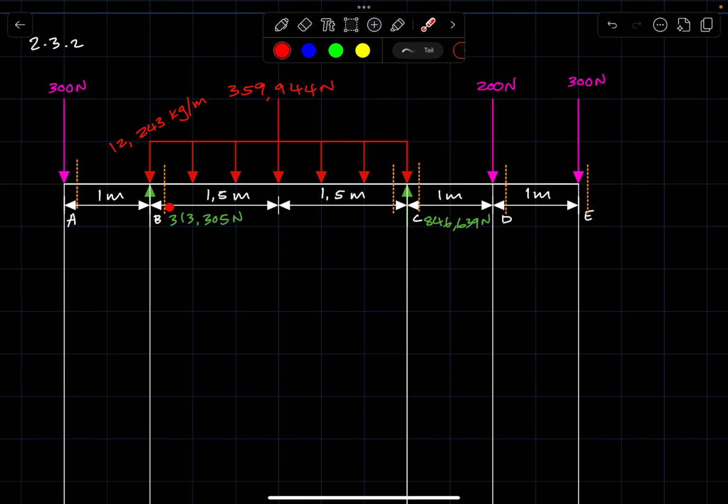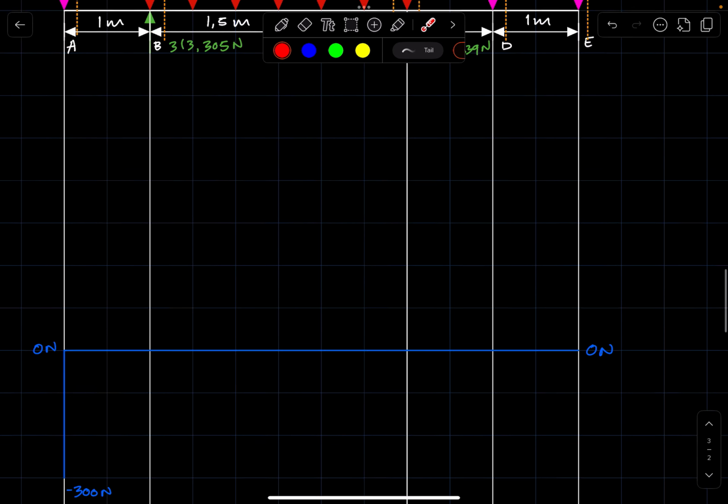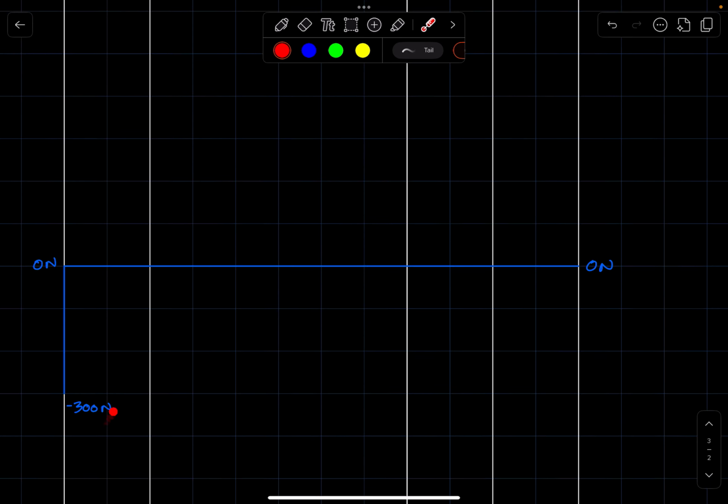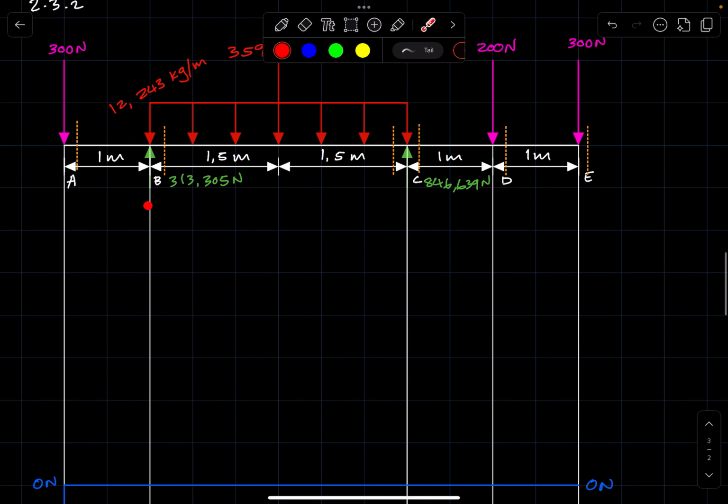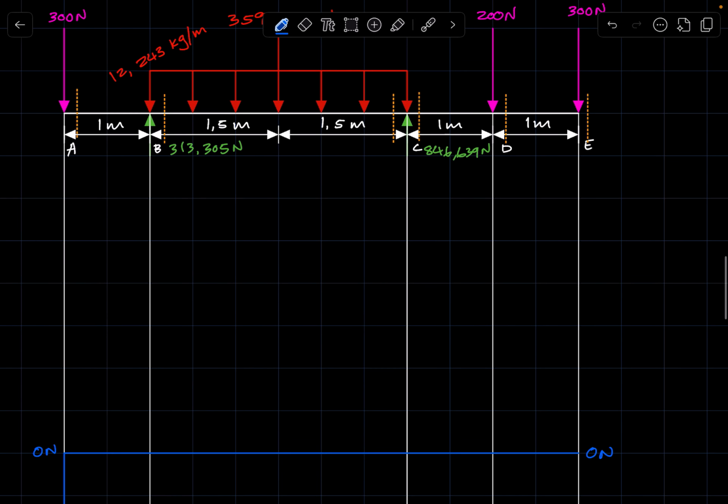Between the current section at point B and the last section, we only have one force to consider, that's this reaction, and it is headed upward. So bear in mind that your reference is negative 300, so you say negative 300. Seeing that this is heading upward, you say plus the 313,305, and you should get